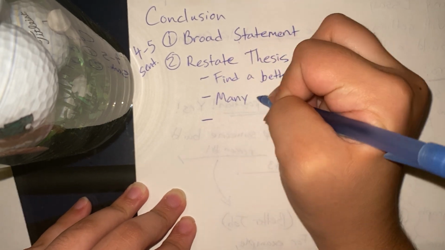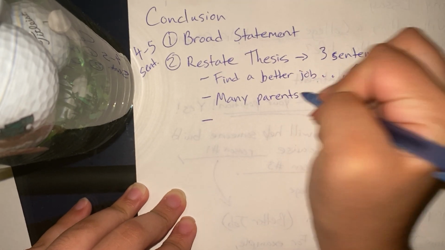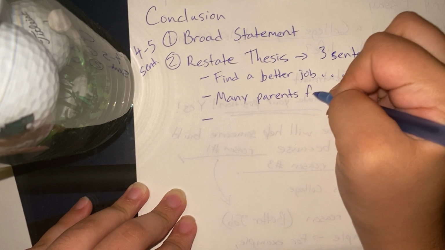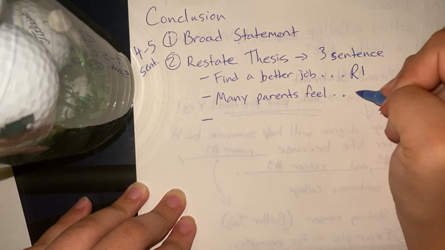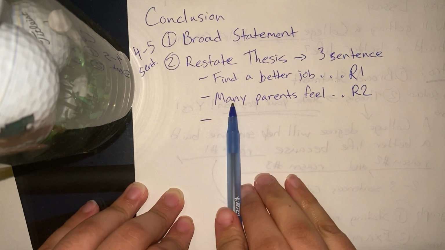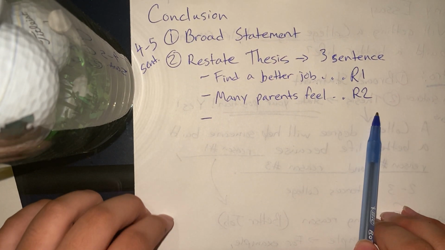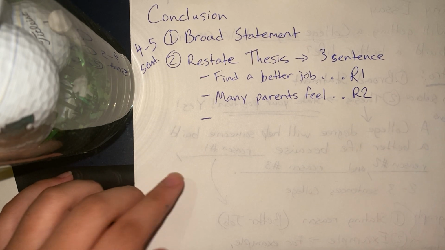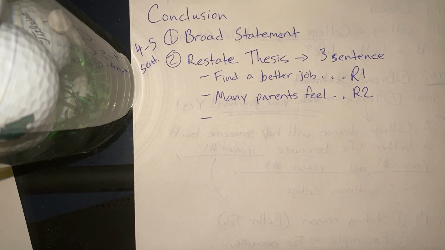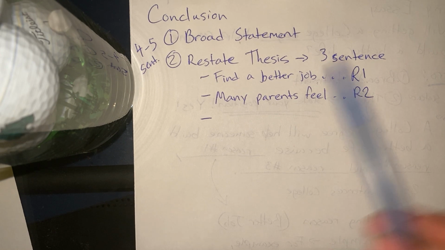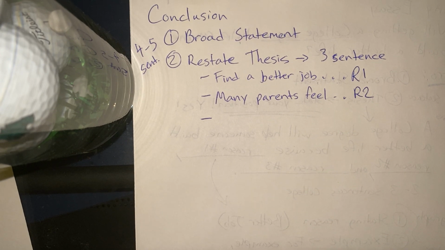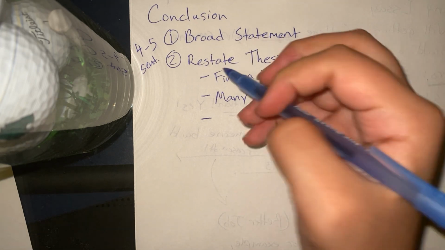Reason 2, right? I would say many parents feel they can provide a better lifestyle for their children when they have a better job, comma, which they can get with a college degree. Or many parents who have higher salaries are able to give their children a better life, or just anything that ties your reason to. And lastly,